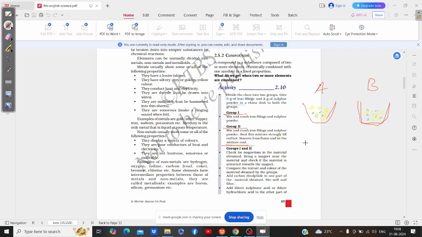Suppose we have some iron rod or some iron material. When you heat that iron, the temperature increases and it changes color, it turns red. Same thing in the other group: they are going to heat the mixture of iron fillings and sulfur powder strongly,